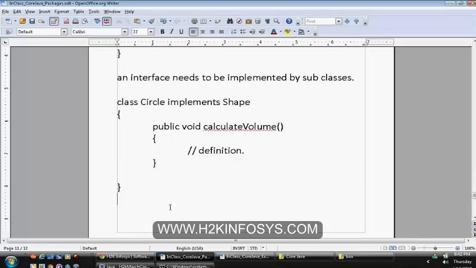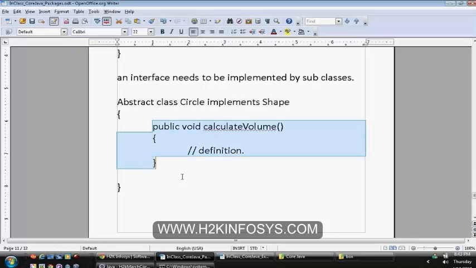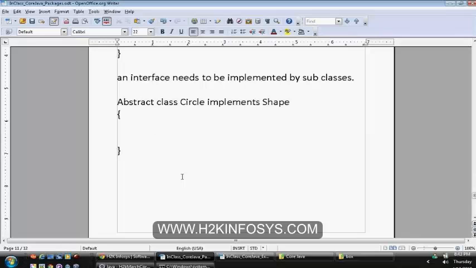Remember our thumb rule: if this class was not able to provide the definition for the calculate volume method, you can still leave this implementation, and you are supposed to specify that this class is an abstract class and it can't provide the definition for the calculate volume method.